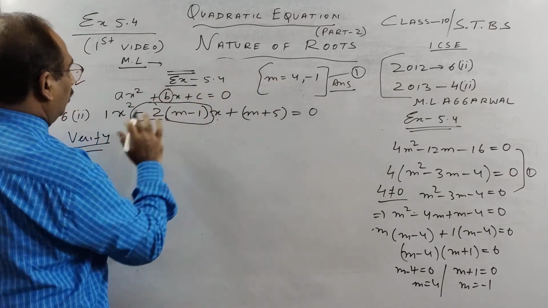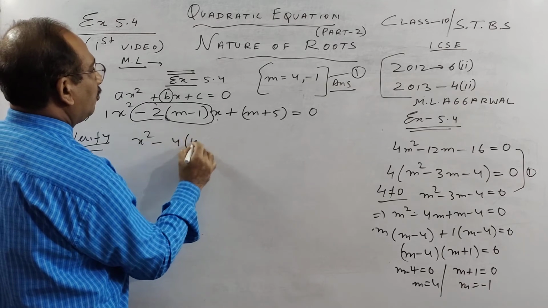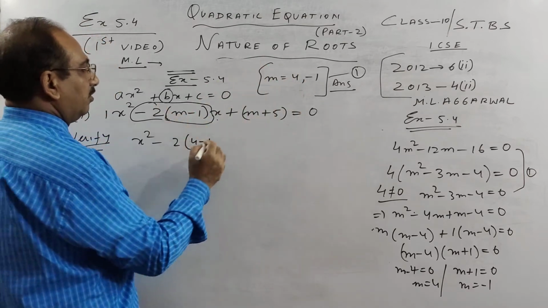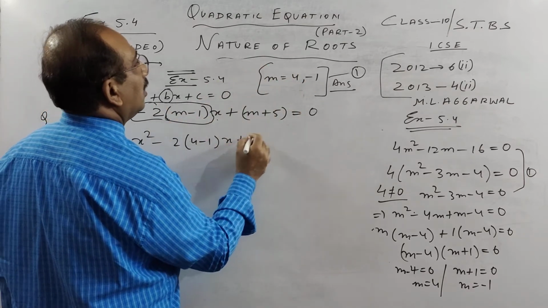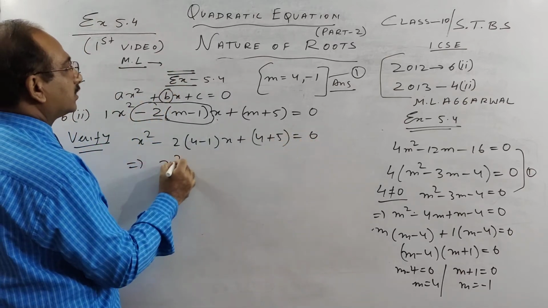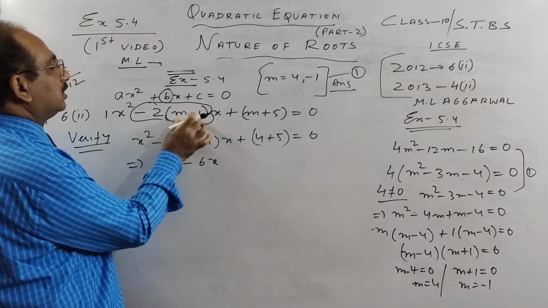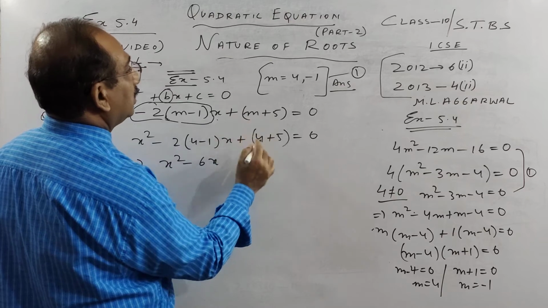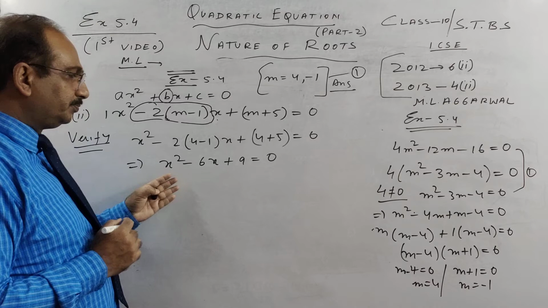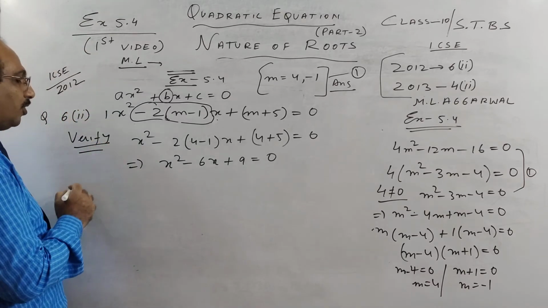So here if I put 4, so this becomes x square minus 4 2 4 minus 1. So m is, remember, 4 I am taking as one of the values, because 2 answers you will get. X plus 4 plus 5 is 9. So x square minus 6x, because when you put 4 here, this becomes 3, 2 threes are 6. This is plus 4 plus 5 is 9. So this by middle term breaking, you can see we get equal roots, but here I will use the formula method,